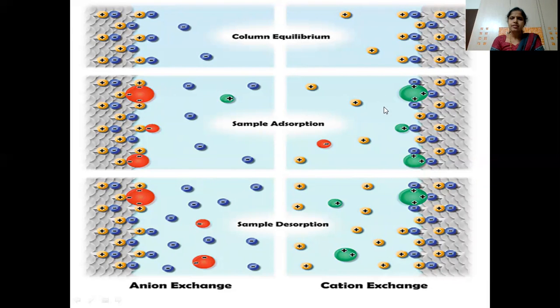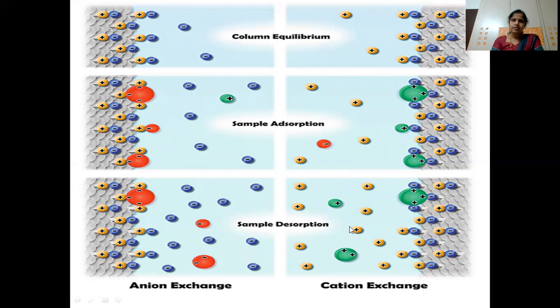Now again, as I said, this green color is the positive charge and the red is the negative ion which is present in the sample. Now here in cation exchange, what happens? The yellow colored part is being exchanged with the green one because this is also a cation. So this is how all the green, that is the positive cations present in the sample, are being exchanged with the positive counter ions which are present in the cation exchanges. And the first eluted one will be the negative ions. So the red colored ions will be eluted out first.